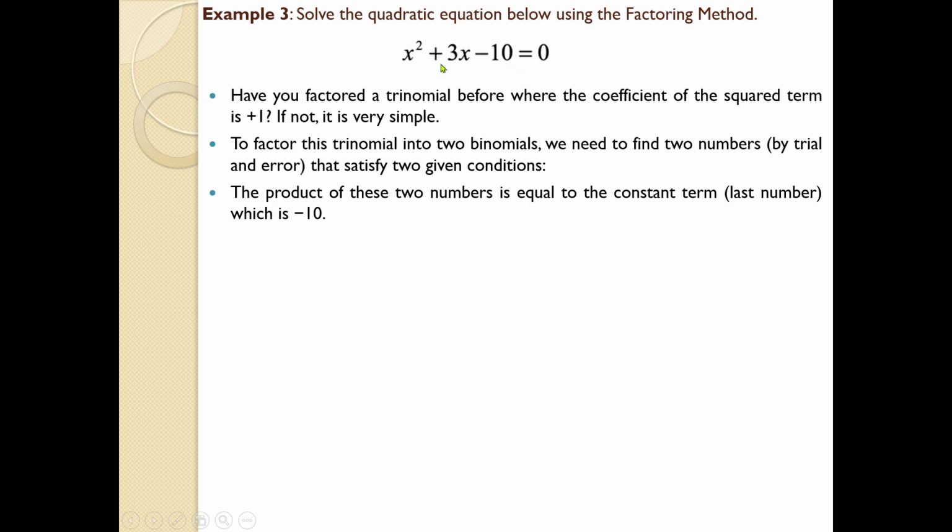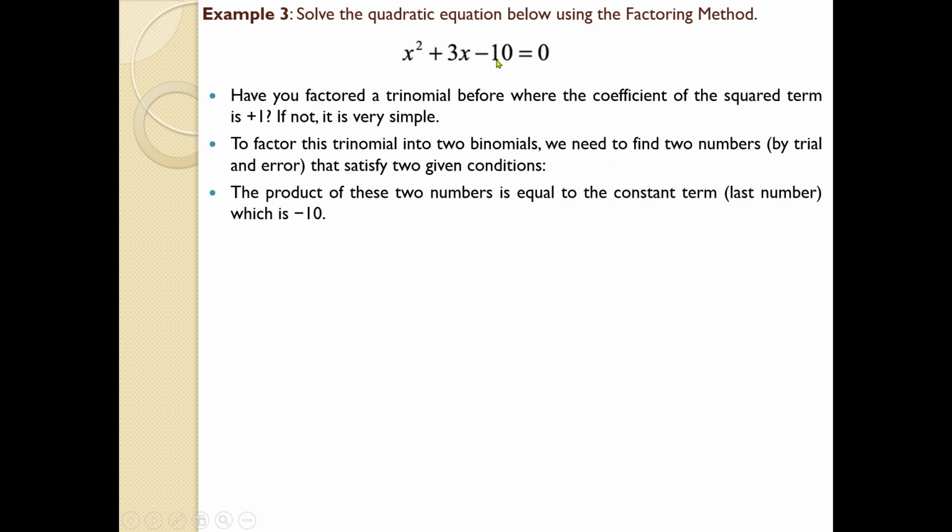For example, here x square plus 3x minus 10 equal to 0. Here the value of the third term is 10, so that is minus 10. Remember, you have to consider the sign. Minus 10. So what are the two numbers that can be multiplied to get minus 10? There are different numbers. There will be 10 and 1, 10 into 1, you will get 10. And 5 into 2, you will get 10. Those are the two examples.